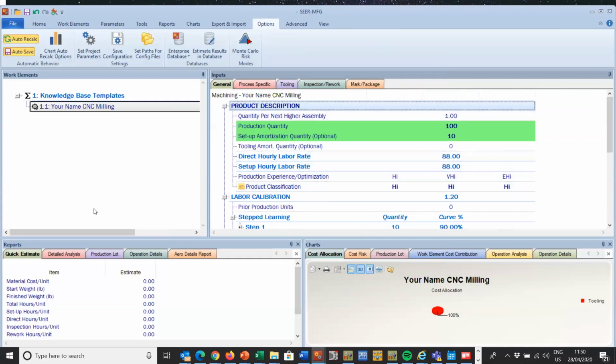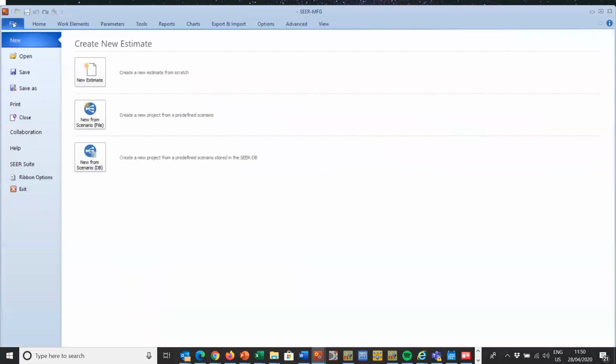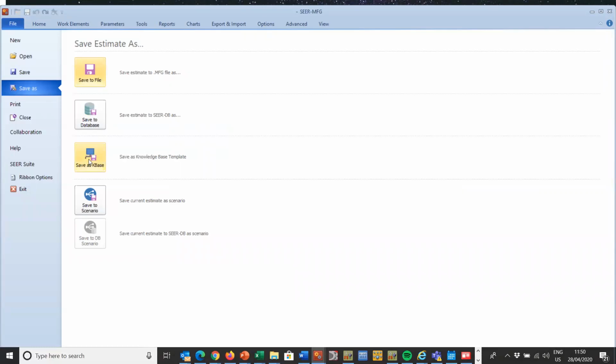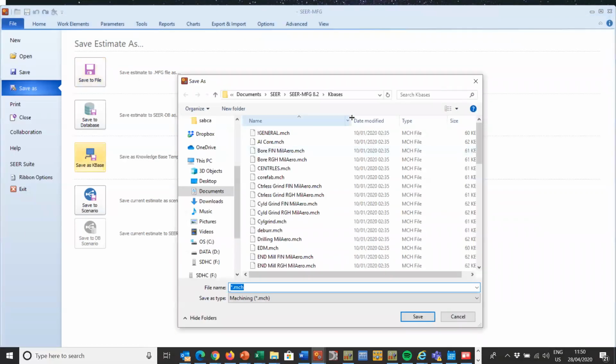So at this stage, this could be our simplest CNC milling knowledge base. So it's a case of file, save as a knowledge base, and it's going to automatically put it in the location where the knowledge bases reside, and we give it a unique name. Now you'll notice the extension is MCH. MCH is the name given to mechanical knowledge bases. If it was SHT, it would be a sheet metal one for fabrication, and so on. So we're going to call this